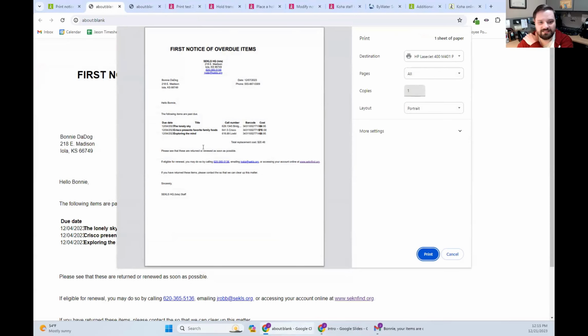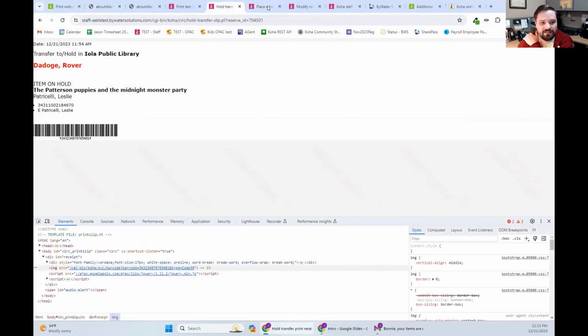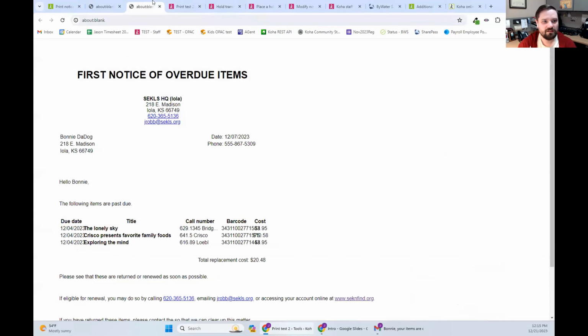Well, this is janky, put together by my own code. So I just got rid of the close option in the JavaScript, so it stayed open when I close the print box. Oh, okay. But I know what you're talking about because I was doing it with the hold slips earlier, where if you paste the URL into another tab, then you can fiddle with it without the print dialog. But